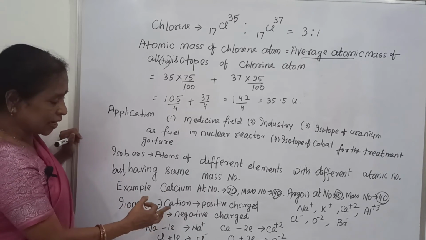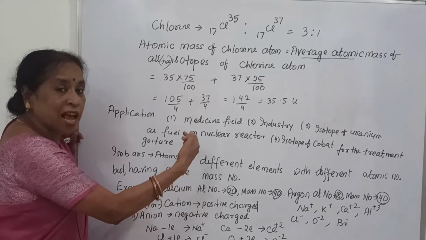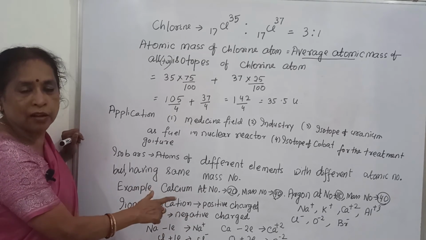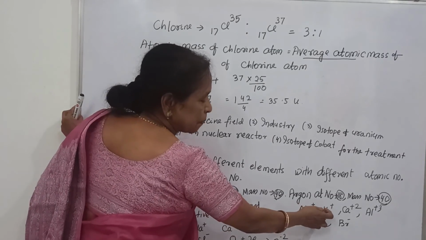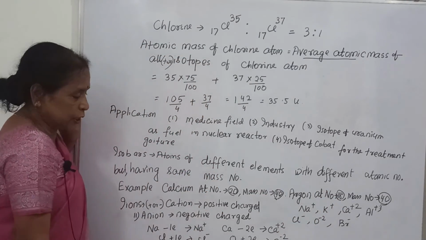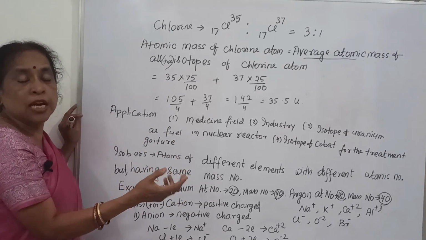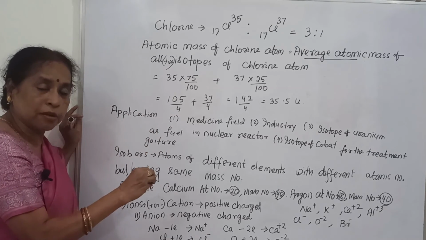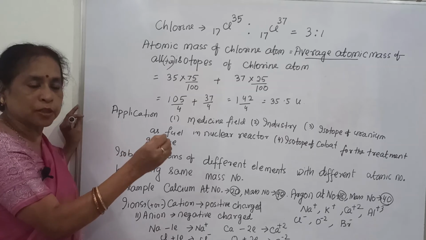Now what is Na plus? Cation. Cations have positive charge. Now Na plus is one cation, one example of cation. Similarly, K plus, Ca plus 2, Al plus 3. If calcium loses 2 electrons, then Ca plus 2. However many electrons it loses, you will observe that as the plus sign. Aluminium loses 3 electrons, meaning Al plus 3.